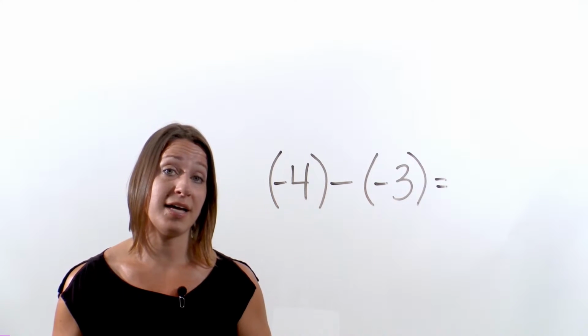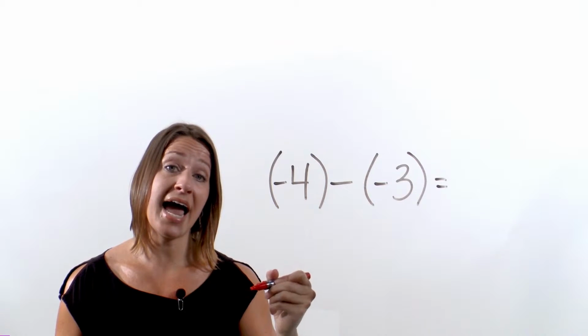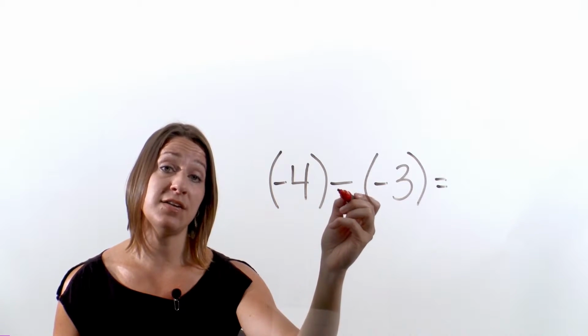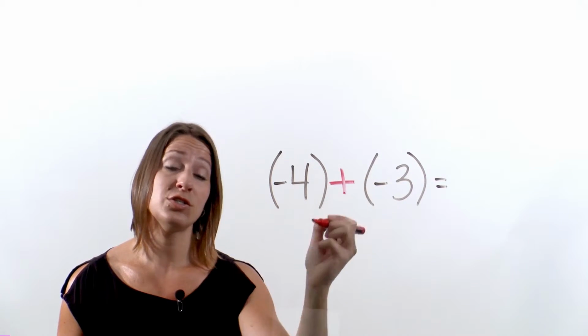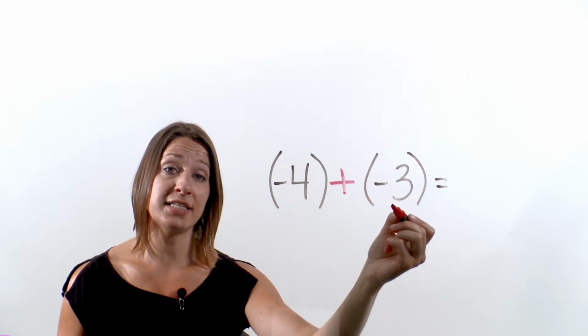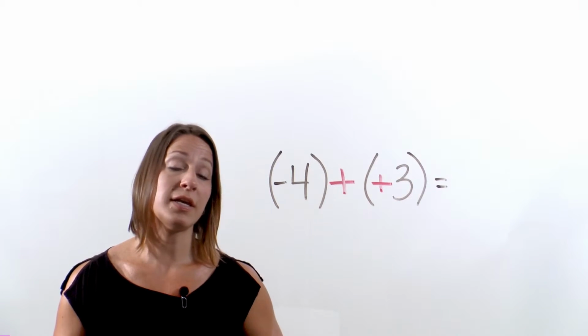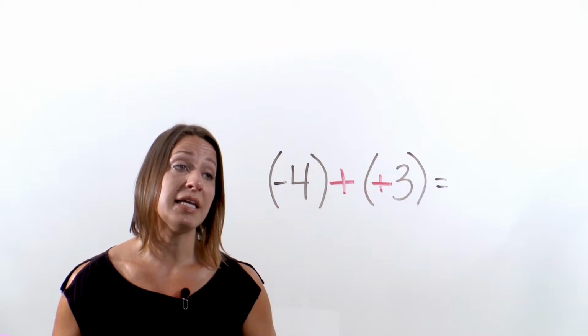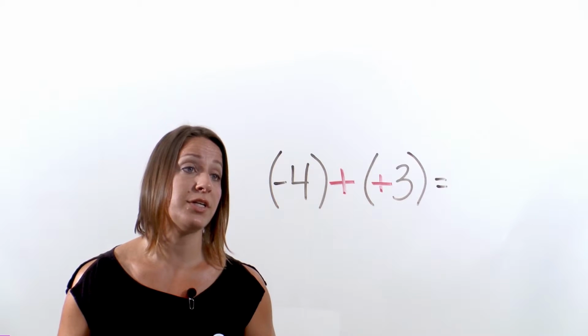We apply the same trick as before: we add the opposite. So we change that subtraction sign to an addition sign, and instead of a negative 3, we change it to a positive 3. Now we solve the addition problem. Negative 4 plus a positive 3